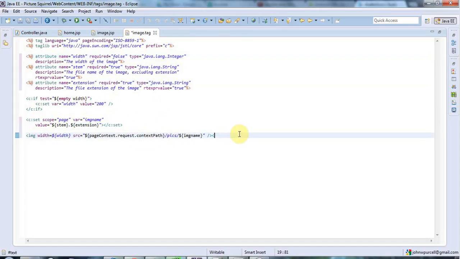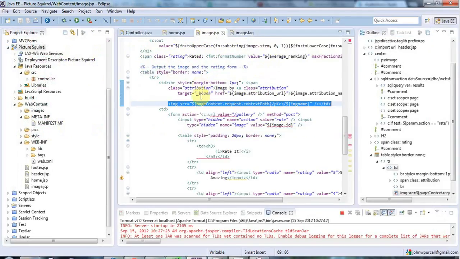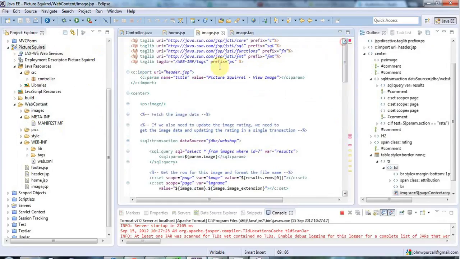I don't want this TD tag in there. I think that's alright, so let's go ahead and run it. I've got a feeling I'm missing something, but I couldn't say what, so probably I'm not. And at the moment I've got the image, I've got the tag being used up here. So let's say that the width equals